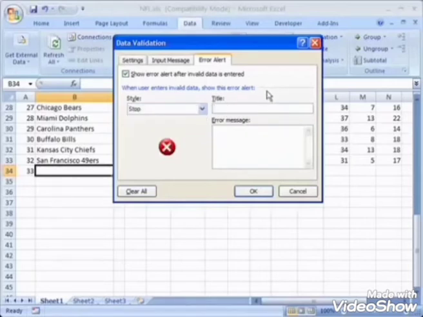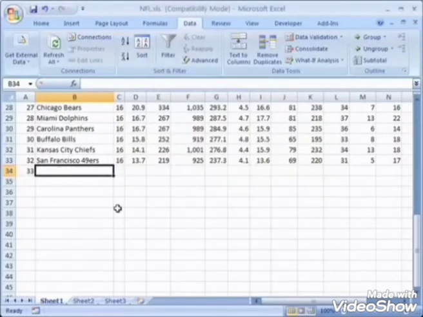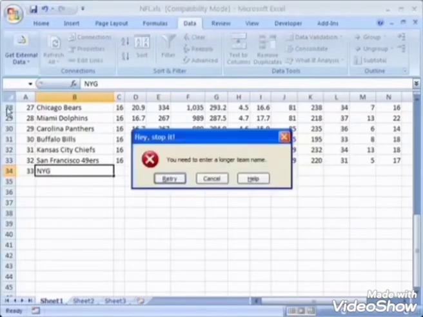See properly, stop symbol, here I will write the message. Title I will write, which message will display after the validation? Invalid entry. Then what? I wrote here, hey, stop it. In the message, I will write, you need to enter a longer name. Then I will click the OK button.